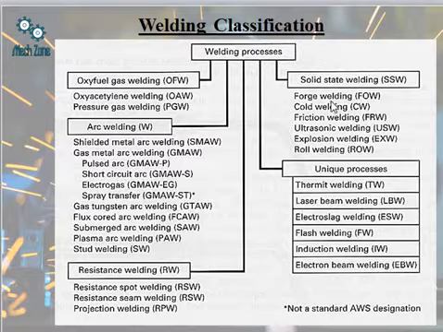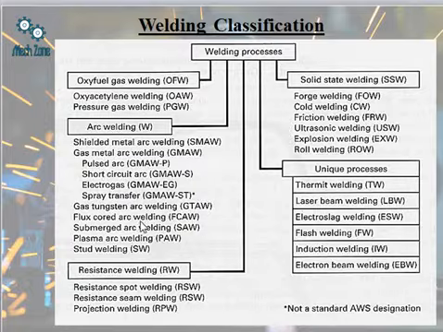And in the solid state we have forged welding, cold welding, friction welding, ultrasonic, explosive and roll welding. Arc welding, we are producing an arc. Shielded metal arc welding, SMAW. Gas metal arc welding, GMAW. Pulsed arc, GMAW-P. Short circuit arc, then we have the electro gas,